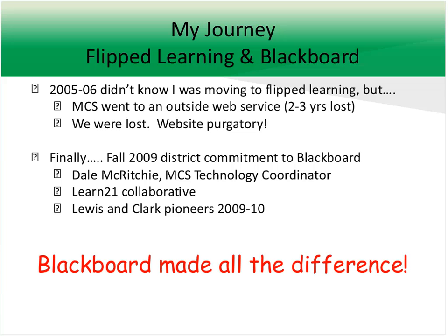But each year, more and more teachers are incorporating more components of Blackboard into their courses. The students and the parents are willing to accept it. They understand the advances in technology, and they're willing to do that. So it's great we have a resource like Blackboard that we can present to the students and the parents so that it's very successful for them.